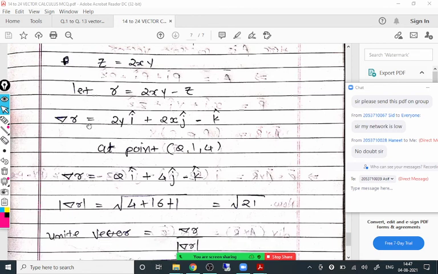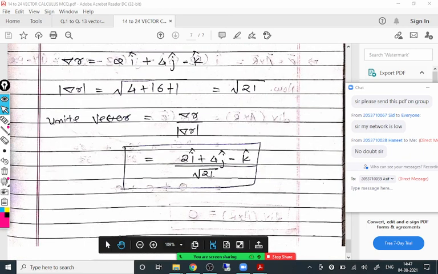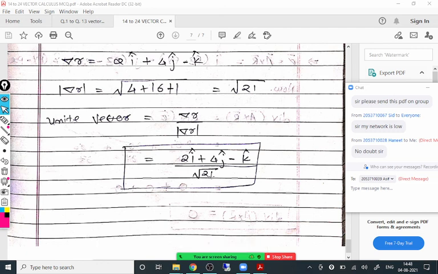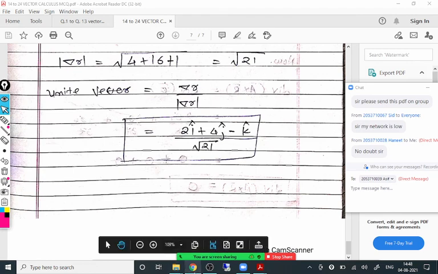So first del phi or del f is calculated, and then evaluated at the particular point, and then divided by its magnitude. This is the answer. So that is about the unit vector to that surface. That's one. Okay. So if anyone has any